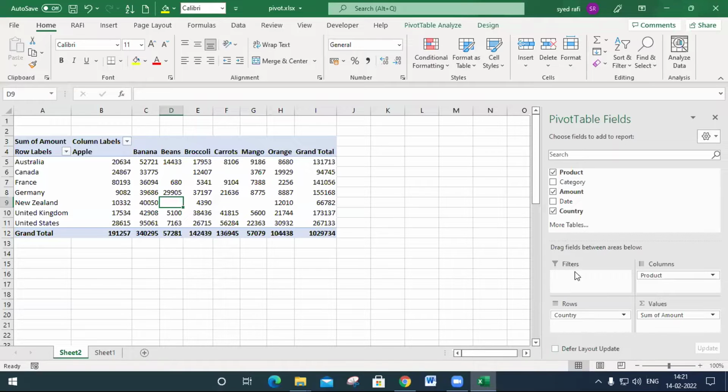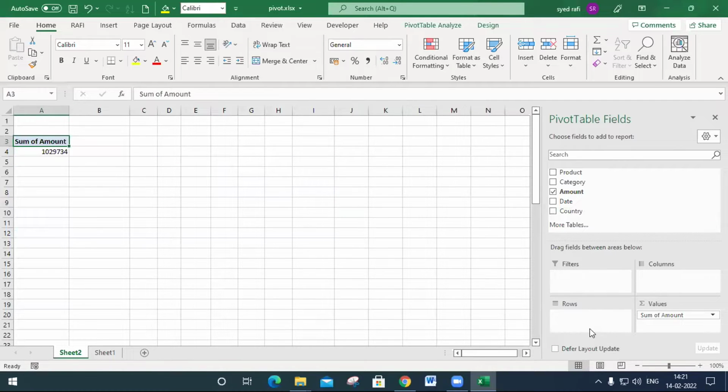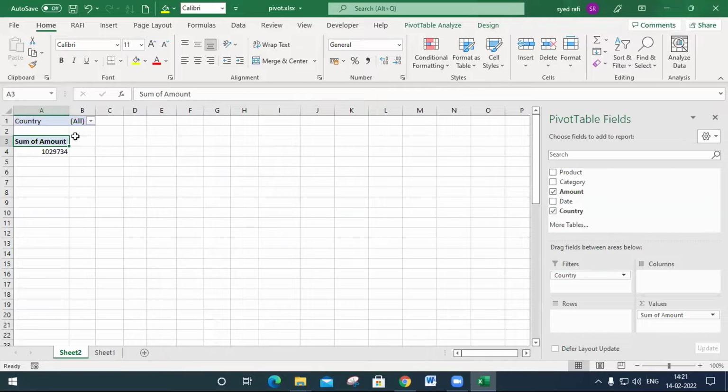And there is a text box, filters. I will show you. I drag all these. So I take the country to filters. Automatically it will be displayed here. So all the countries' total will be displayed, and also I want to bring the product here.